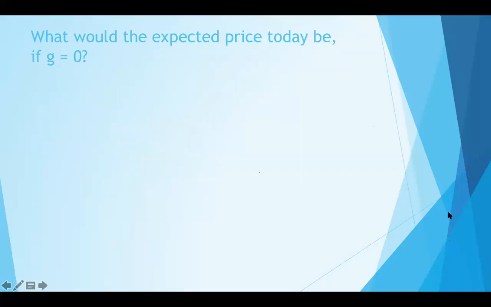If you do it with P1, you will end up with the same numbers. If you do it with P2 minus P0, you have a 2-year return. If you do it with P2 minus P1, you will end up with the same result, a 1-year return. Okay, if the growth rate is 0,